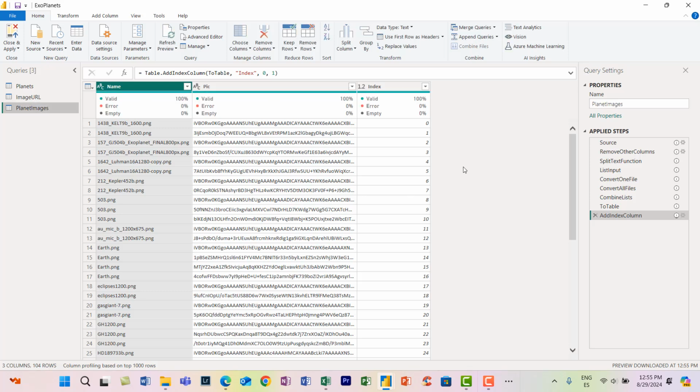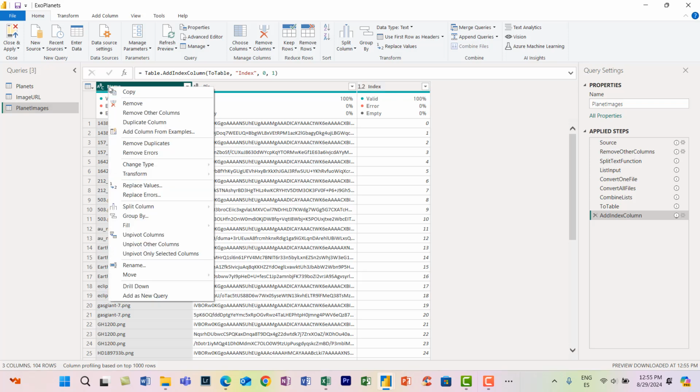As you can see, there's multiple rows in the pic column. So these are the converted values per image depending on the image size. So we will be concatenating these values back together with the DAX in the report. The only thing we need to do here is we can